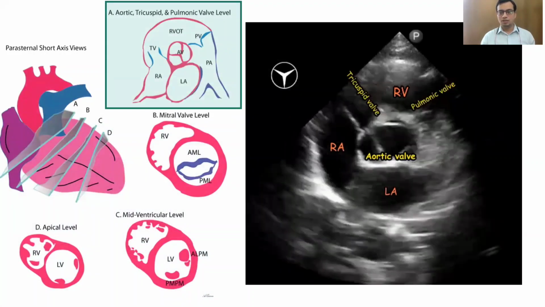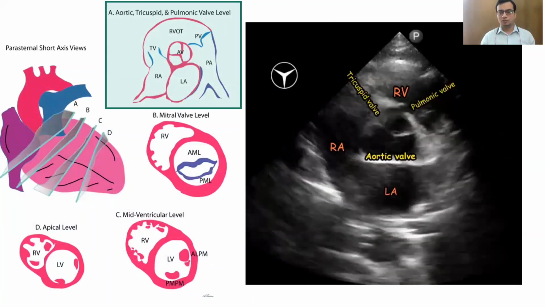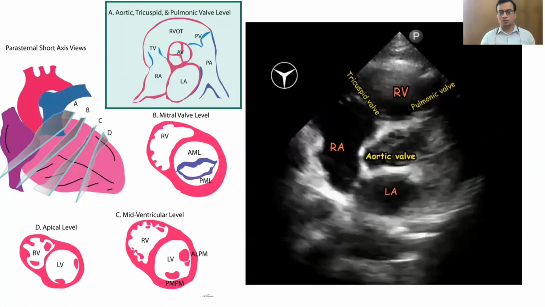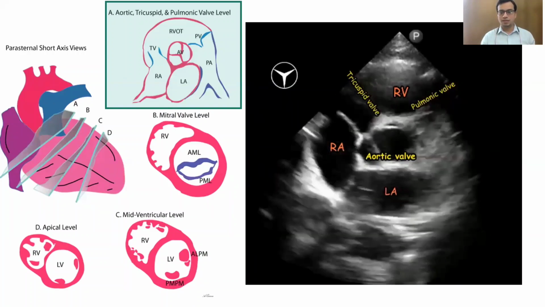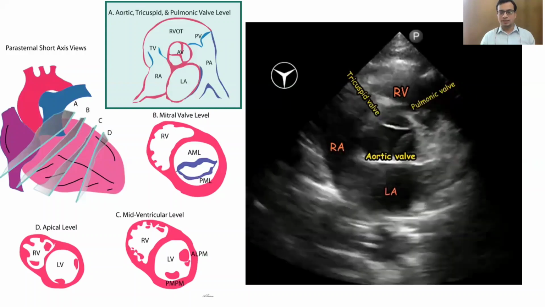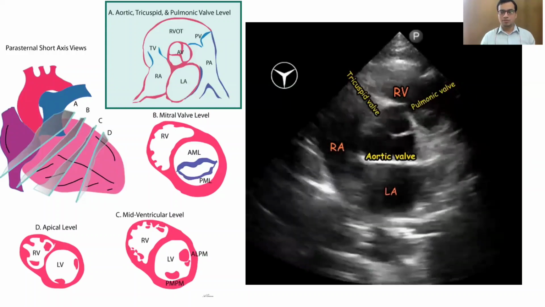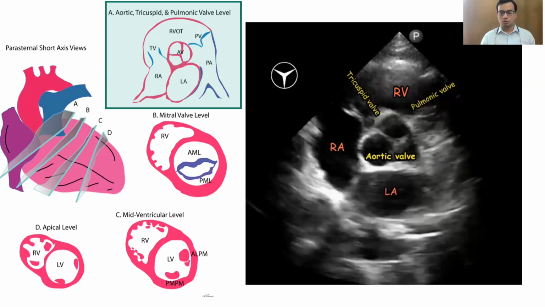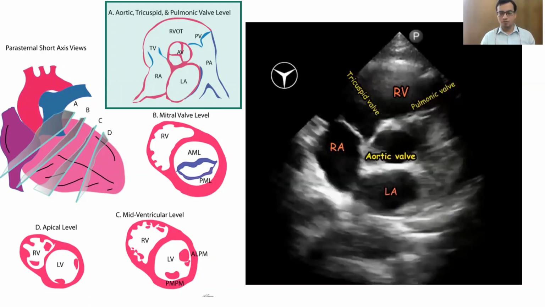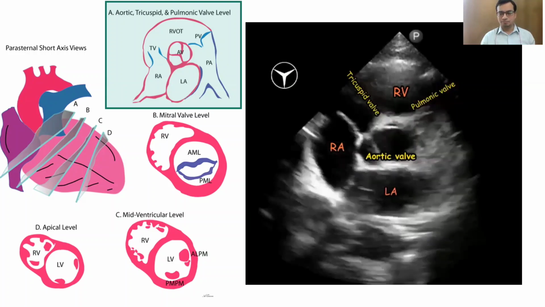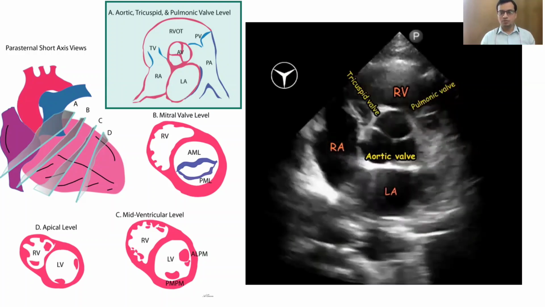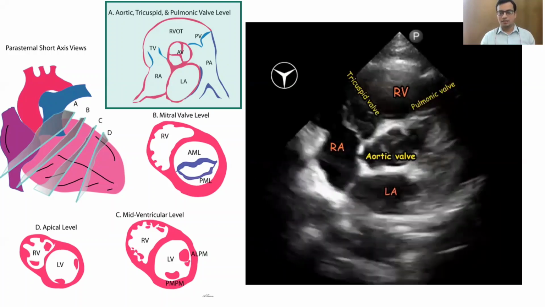You can see all the cusps of the aortic valve in this view. Therefore, it is ideal to observe the opening and closing motion of the valve. This view also enables you to estimate the size of the left atrium and detect an atrial septal defect. The parasternal short axis basal view should also be used to study the tricuspid valve and to identify any membranous ventricular septal defect, and also pathologies of the right ventricular outflow tract and pulmonary valve.